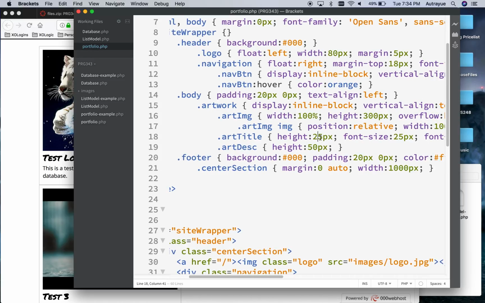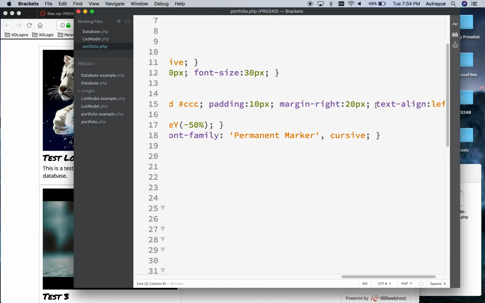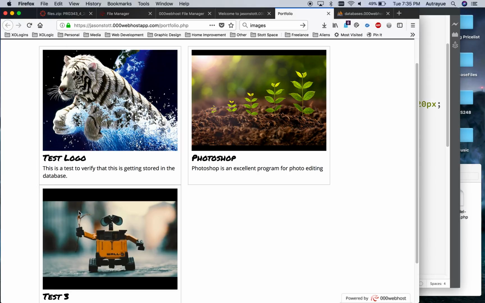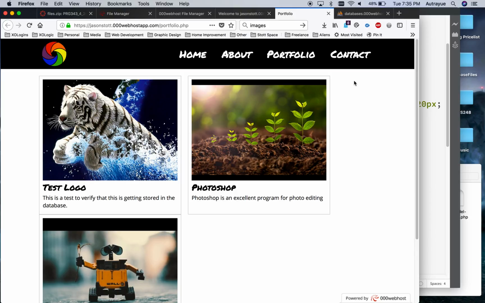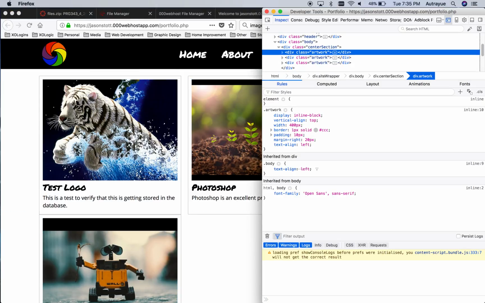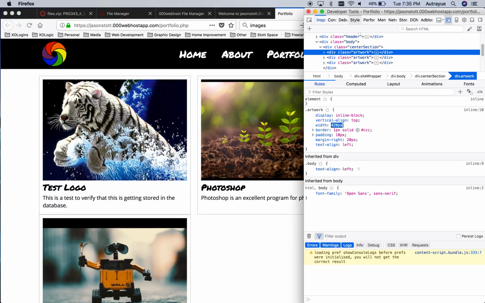So we're going to go to art title, give that a height of 40 pixels. We're going to go to our artwork, and we're going to do a margin-bottom of 20 pixels as well. So that's going to put 20 pixels between these, just as we have 20 pixels here. And looking at these right here, we have quite a bit of space here. So maybe we can either shrink them to go side by side to fit all three on the same row, or we can make them bigger. The choice is up to you, whichever you prefer based on the content that you're going to be showing in your portfolio. But for now, let's